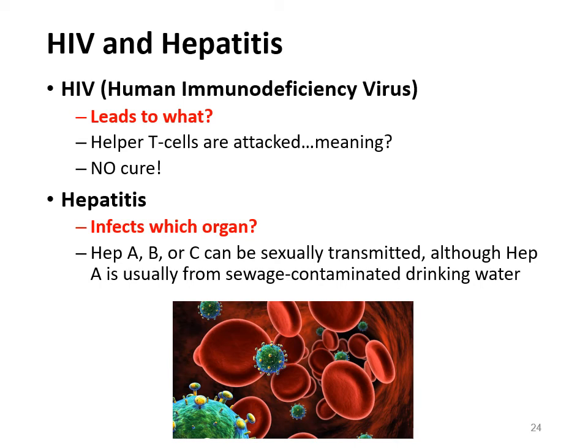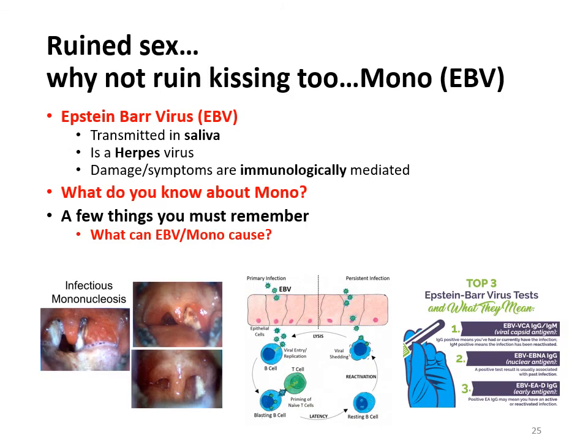And note that there is still no cure for it. Even though you may hear some things on the news, those are not true official cures yet. There's also hepatitis, which is not just an STD. There are various ways to get hepatitis infections, such as drug use, sharing needles, for instance. But what I want you to know about hepatitis is it's a viral infection that targets the liver, okay? And there are different forms of it, multiple of which are sexually transmitted.